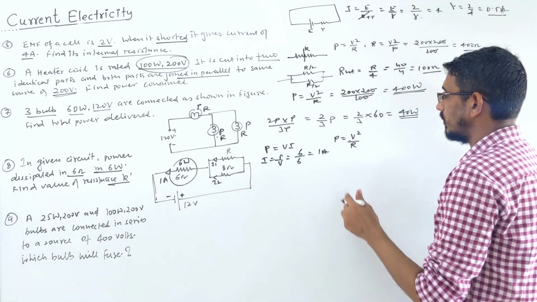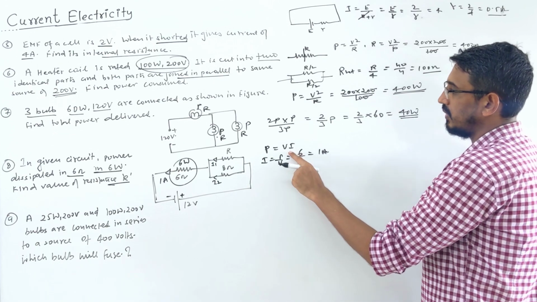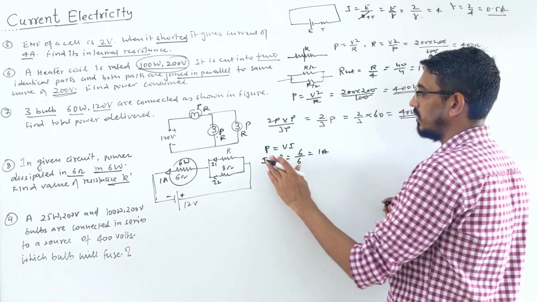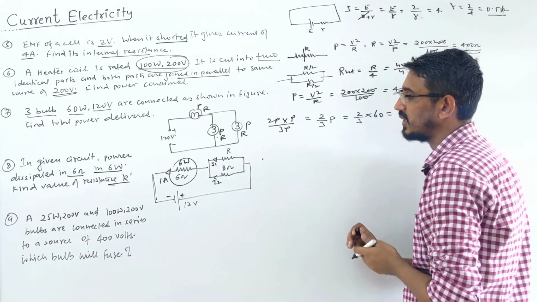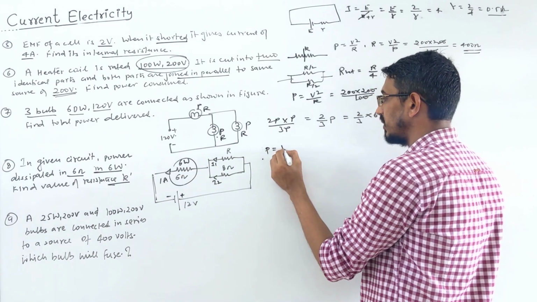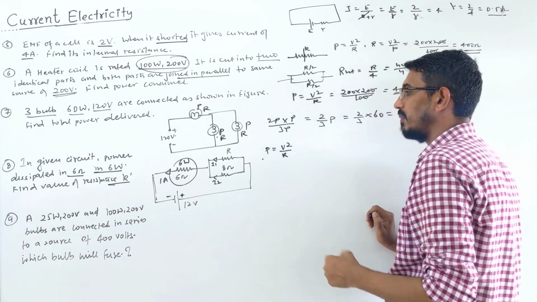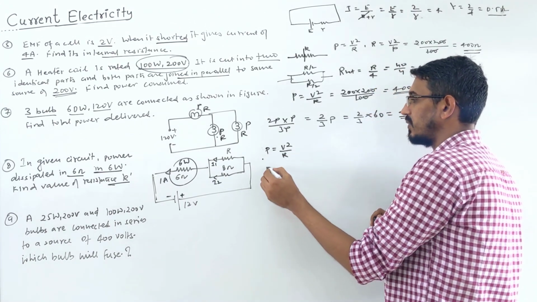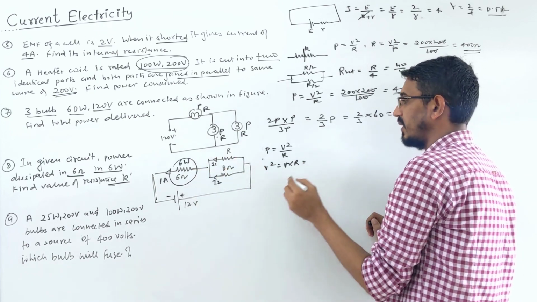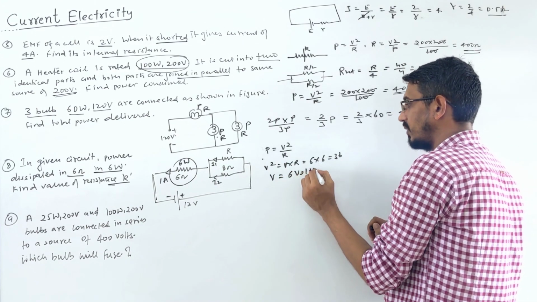Or write a simpler, easy formula. I wrote something a little wrong here, because I know the power and I know the resistance actually. So I should write power is equal to V square by R first. Okay, yes, correct only. So let's find V square, which is P into R. I know the power and resistance, 6 into 6, that becomes 36. So the voltage comes to 6 volt.